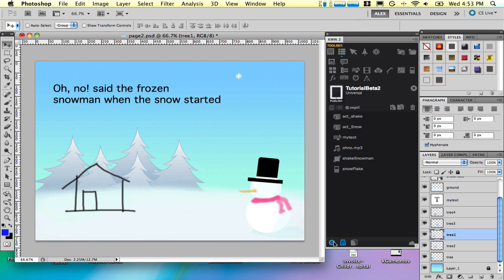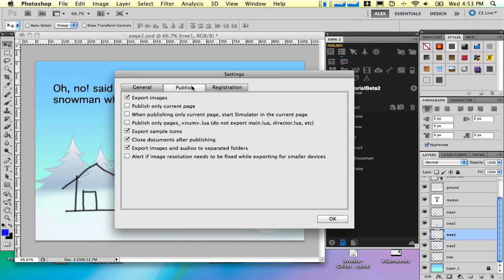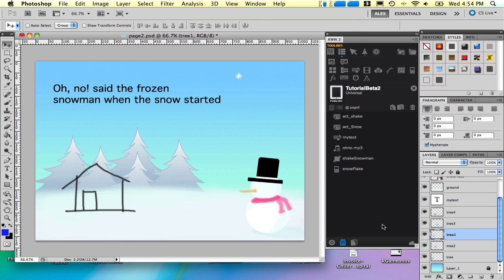So now you can come here in the settings, and there's the publish. I just renamed it, previously it was export. Now it's publish. And now you see this later option here, alert if image resolution needs to be fixed while export for a smaller device, and we are going to use that. Okay, all right. And I'm going to show something new in a while. So now we have this export image selected,